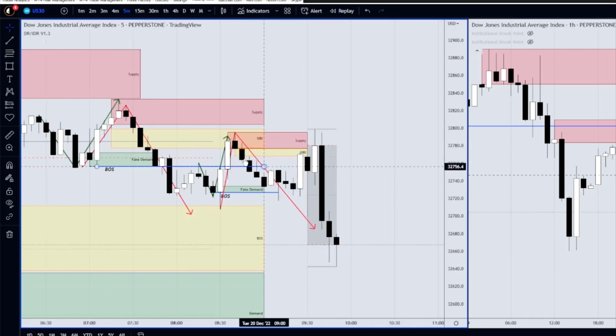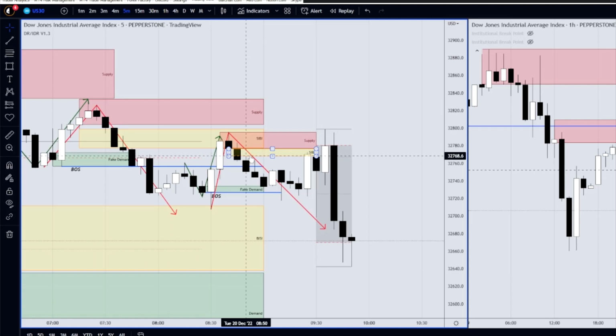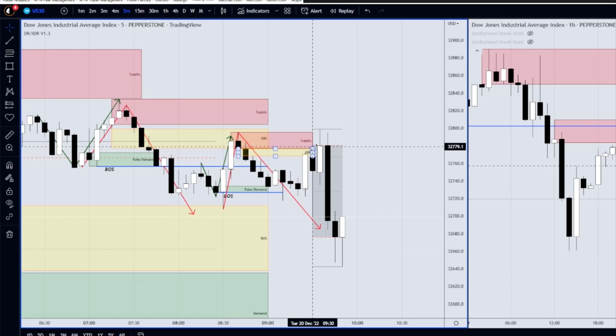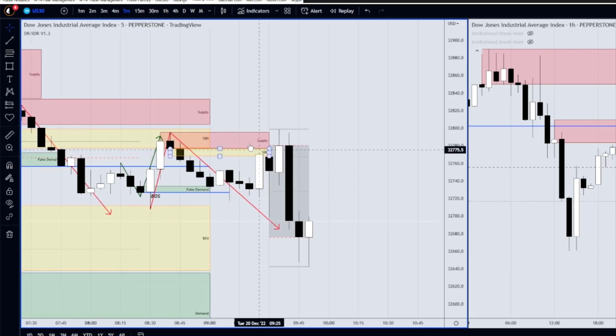So the entry I placed was on the bottom of this fair value gap here, the SIBI. I could have placed it at the entry of the supply, but you can see how as we come into